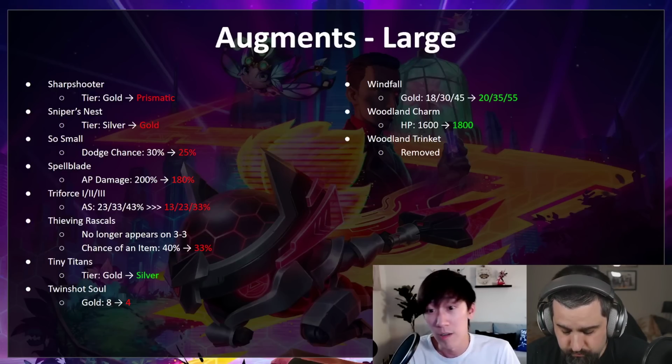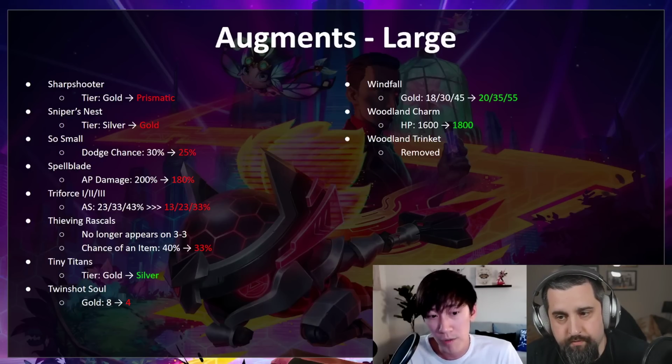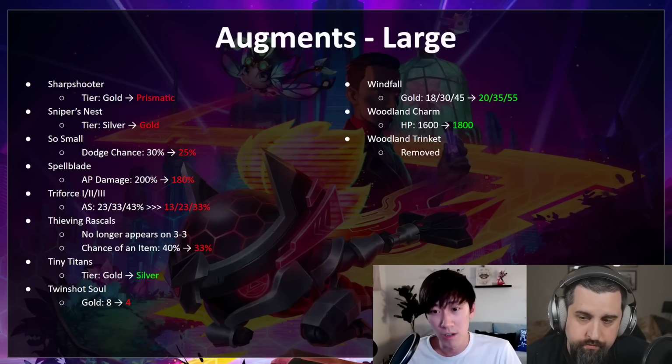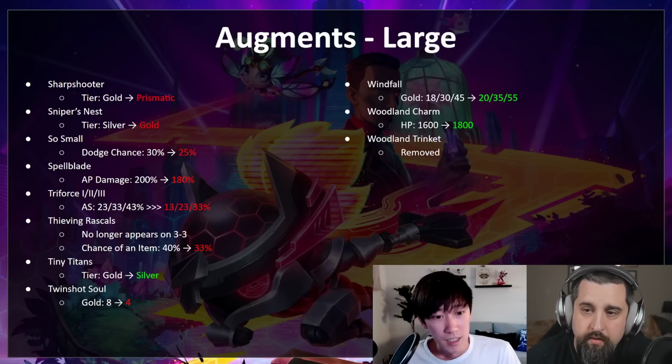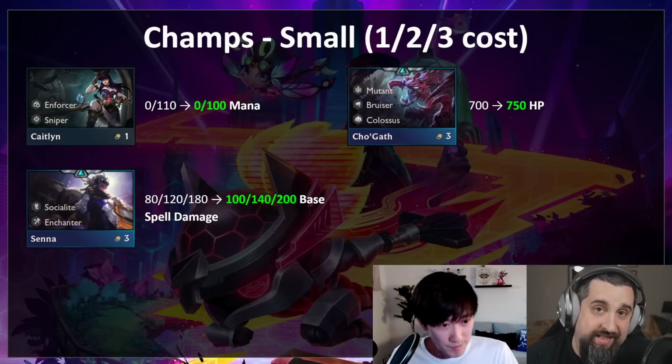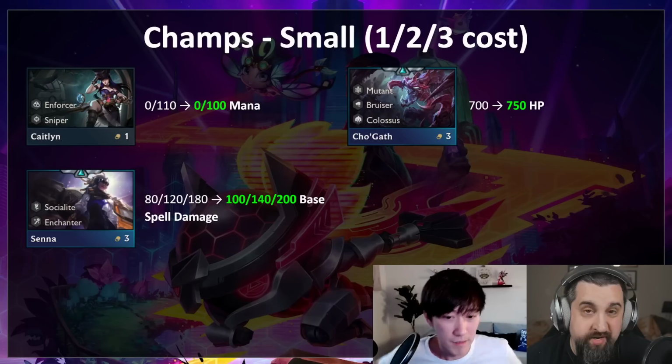We're starting to build frameworks and have longer talks about how this should look in the long run. But for now, we're doing what's healthy for the game at its current state. But definitely in the long run, you can expect to see these numbers come back down. Yep. Cool. On the small side, Caitlyn, now that Enforcer's harder to play, is just underperforming a little bit, just